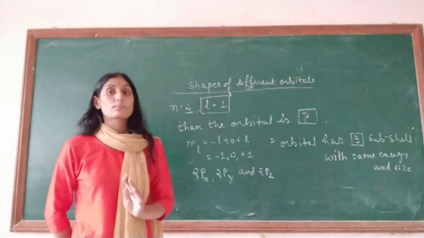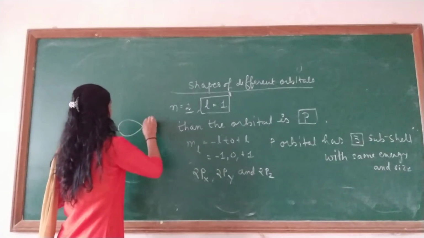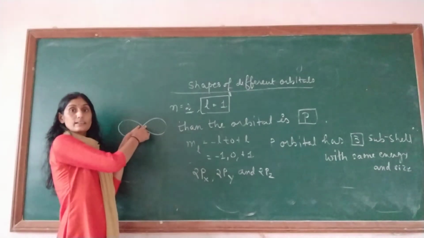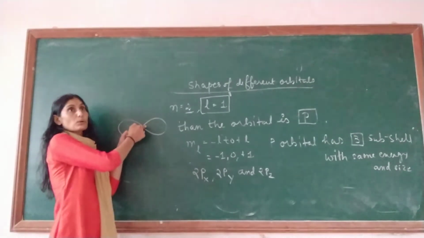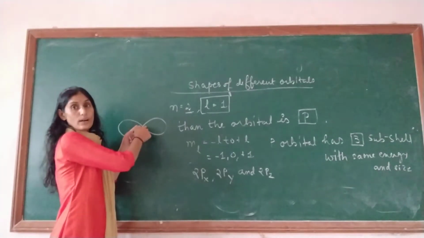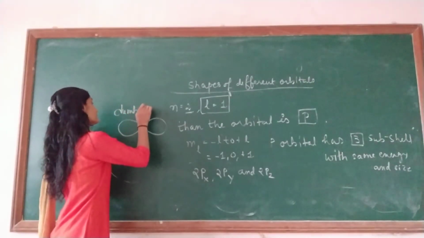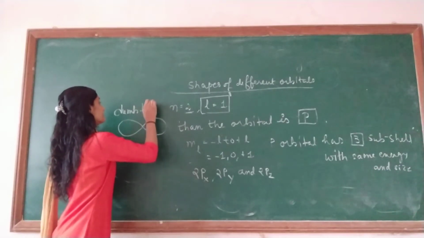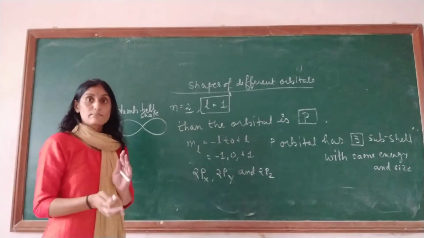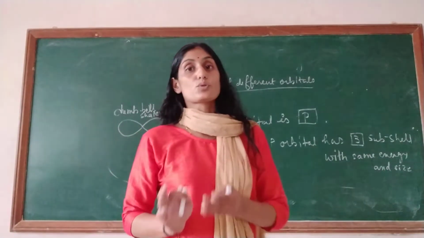So we learn about the shape of the p orbital. It starts with two lobes: that is one lobe and that is the second lobe. Where the two lobes touch each other, the probability of finding the electron will be 0. That is what we learned in the features of the quantum mechanical model of an atom. So we can say that it has a dumbbell shape. Two opposite lobes are there with different signs, plus and minus. So we learned the shape of the 2px, 2py and 2pz.